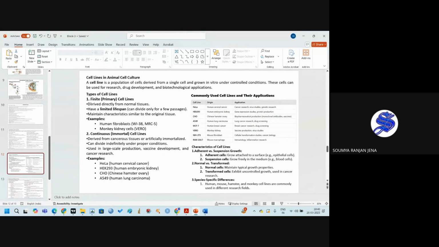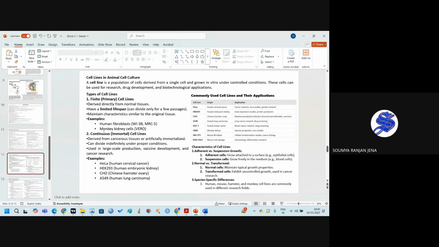Then cell lines are, one, primary or finite cell lines. These are derived directly from normal tissue, and these cell lines have a limited lifespan, because they can divide only for a few passages and maintain characteristics similar to the original tissue. An example is human fibroblast and monkey kidney cells, these are finite cells, but